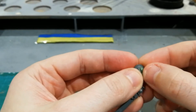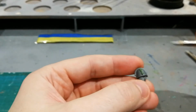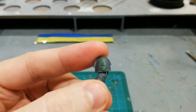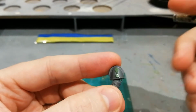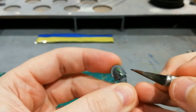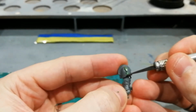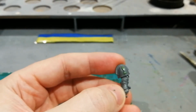Now if I'm honest, I think that's probably a little bit too much. So let me just push it back down again. And as you see, once we've flattened that down, it's taking up a little bit too much room. So I'm going to use the sharp hobby knife here just to take away a little bit from it, and again from underneath. So we're aiming for a little triangle just underneath it,